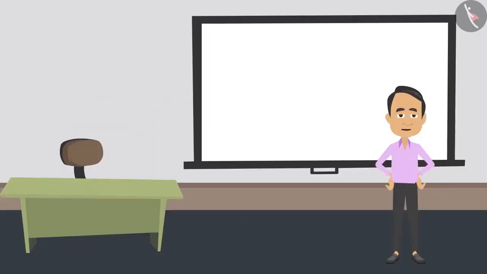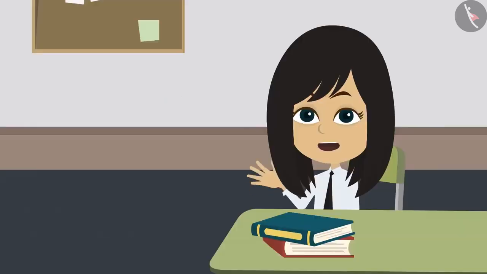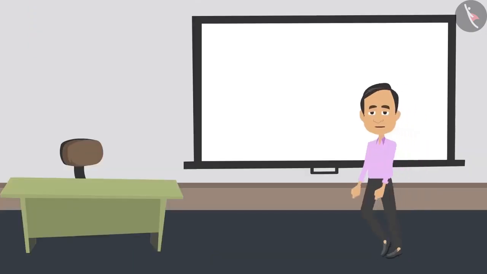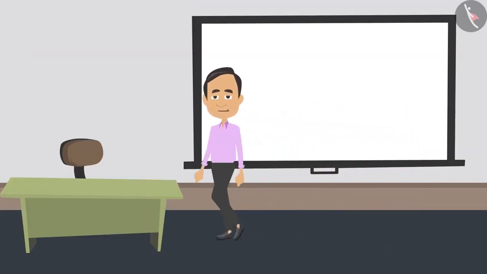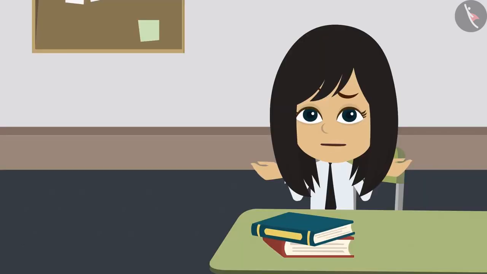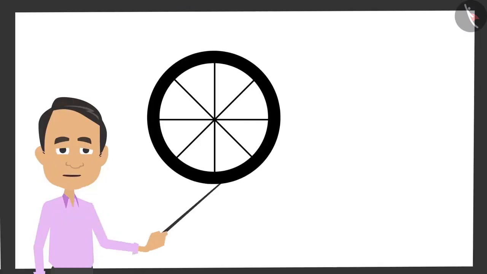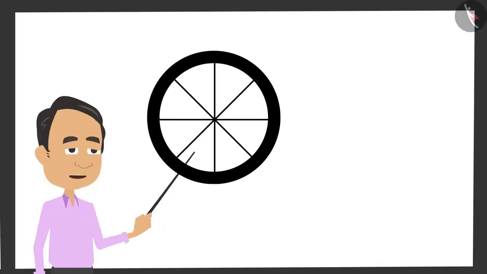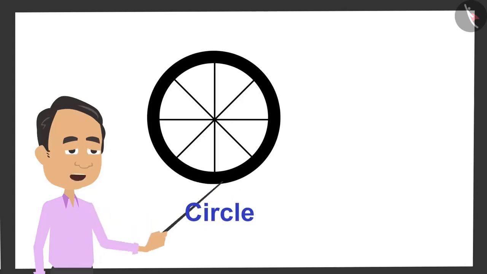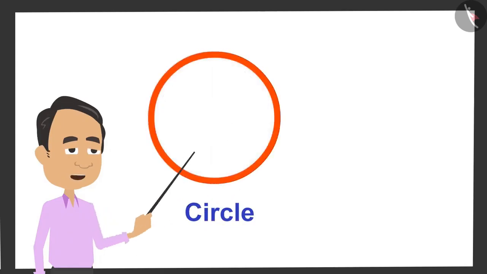Oh, so this is the thing. Before measuring any circle, you have to understand what a circle is. Sir, a round figure is called a circle. Yes, but what is a round figure? What does this mean? Let me explain. Firstly, I will show you the wheel of a bicycle. It is round, that is, in the shape of a circle. Let's make a simple drawing of this wheel so that it is easy to understand.